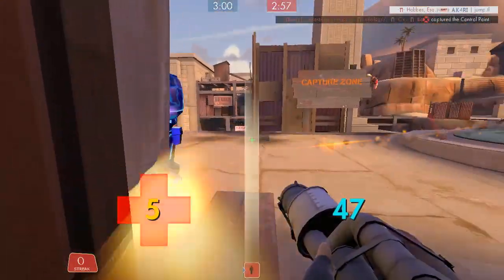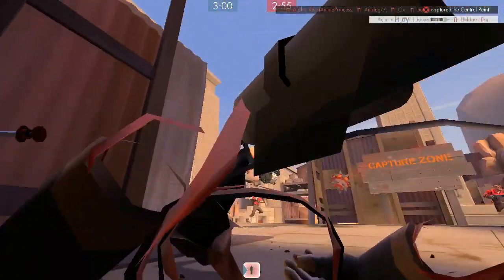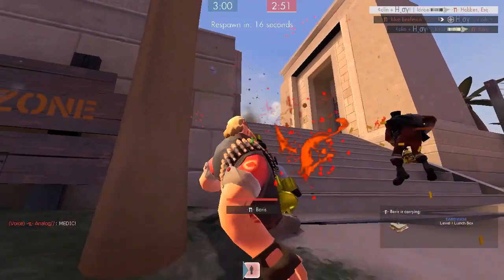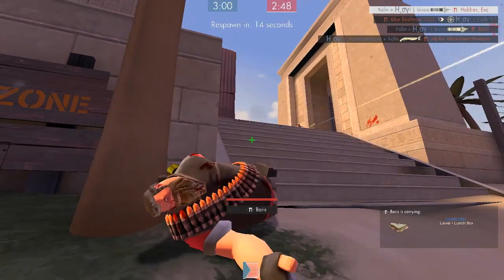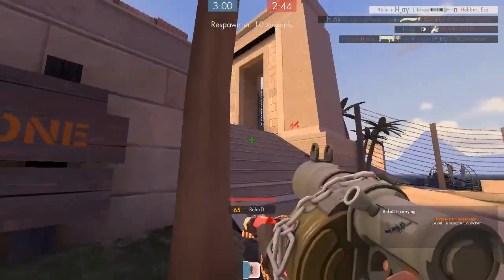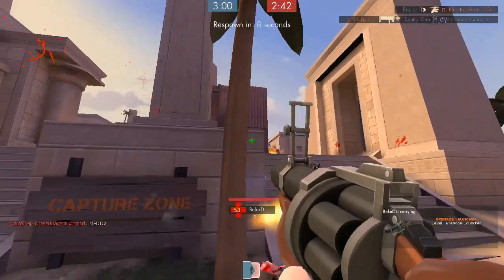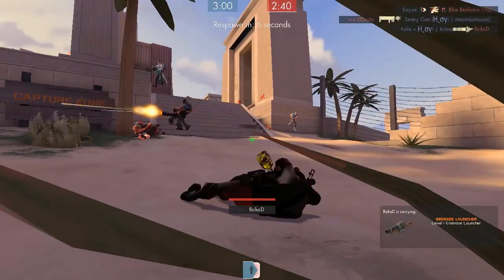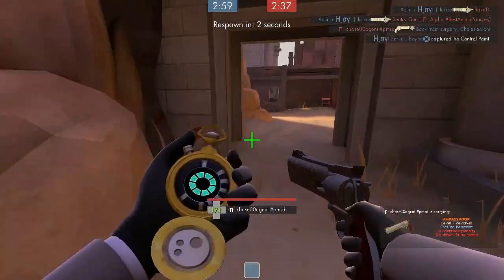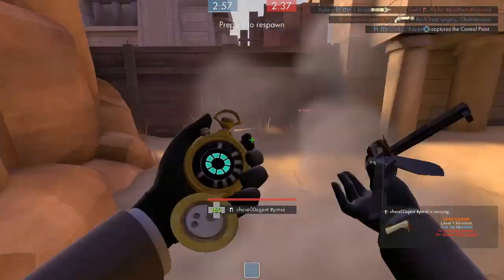And here I just want to, you know, force the heavy to come all the way around and look at me, just to waste another fraction of a second on the Uber. I don't air blast him because that's putting him closer to my team. Despite what my team says, I don't always air blast spies and Ubers, just, you know, most of the time. We have lost the control point. So